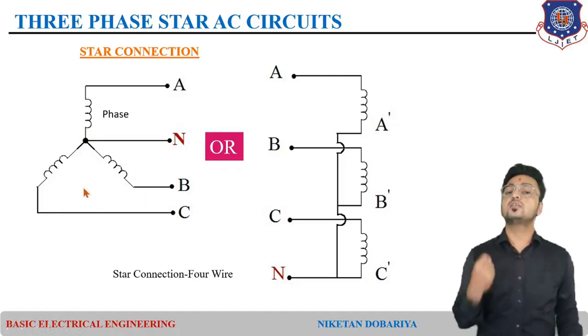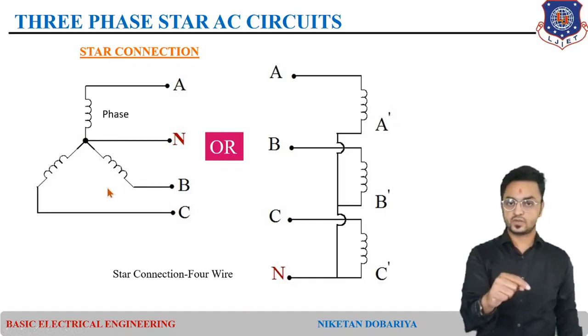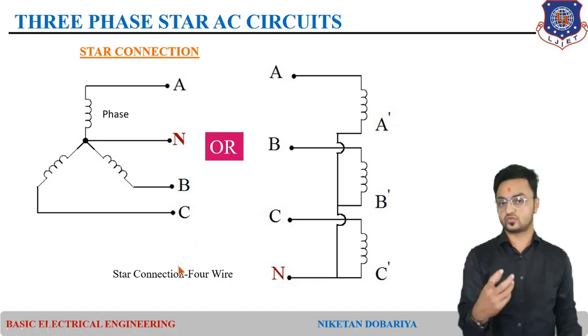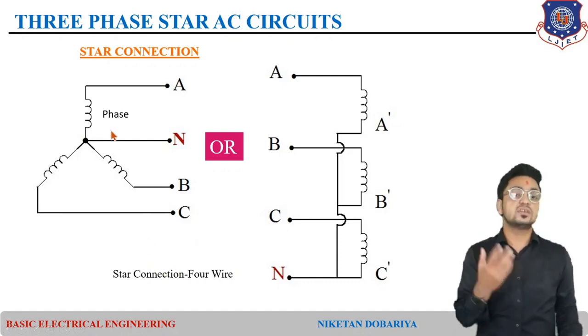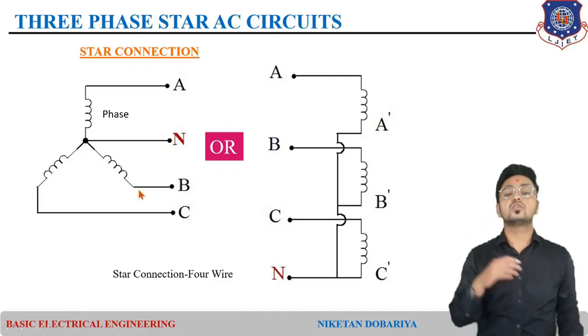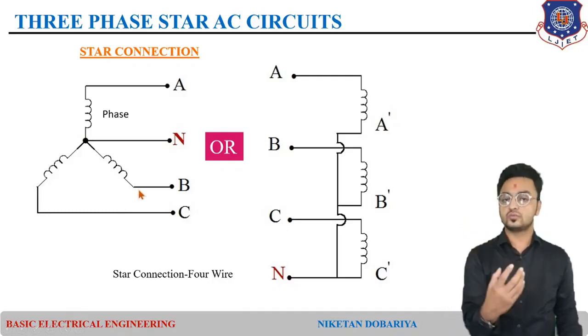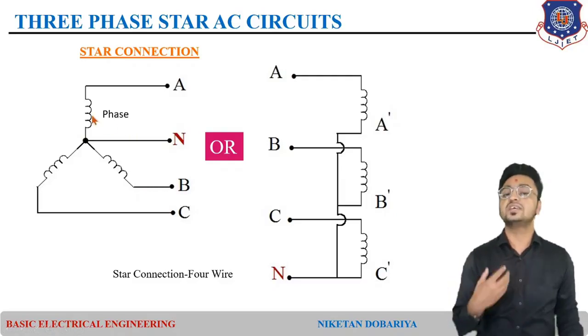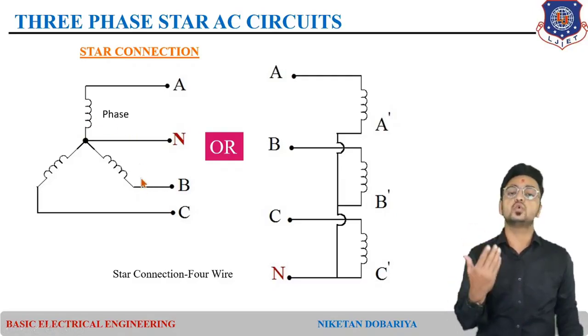So these are the coils of the generator. That's why you can consider these coils as a voltage source. These are the symbol of an inductor, but always remember that these are not a normal inductor which we use in a load. These are the sources. Here we will have three voltage sources, as an example V1, V2, V3. So these are considered as three voltage sources.